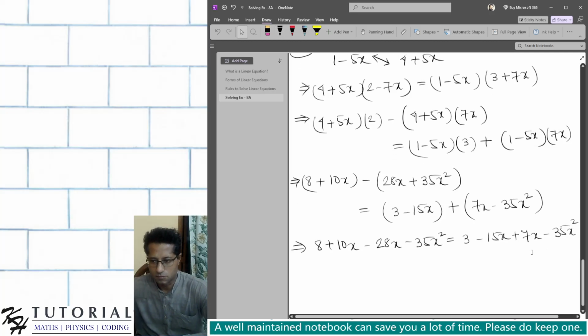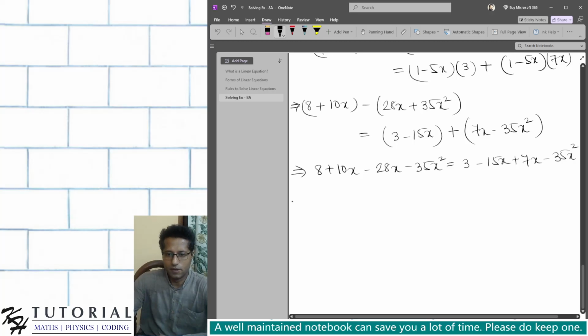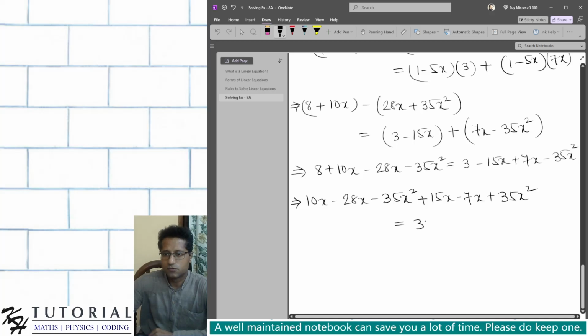Now by doing transposition, we will bring all the variable terms to the left hand side and all the constant terms to the right hand side, and we get 10x minus 28x minus 35x square plus 15x minus 7x plus 35x square is equal to 3